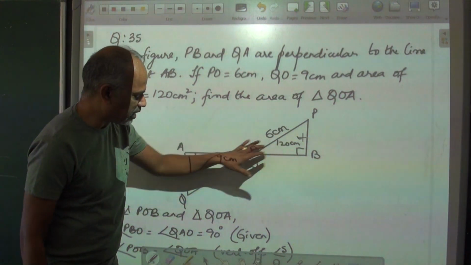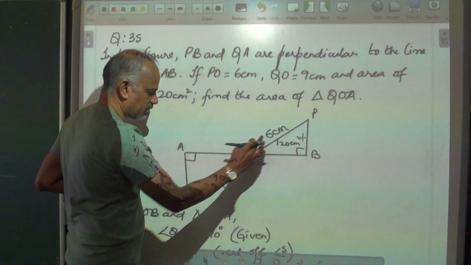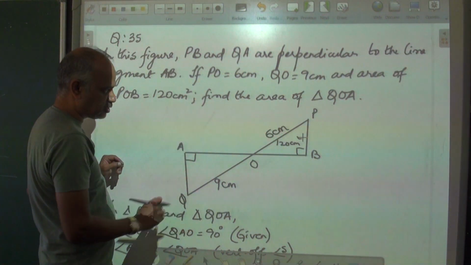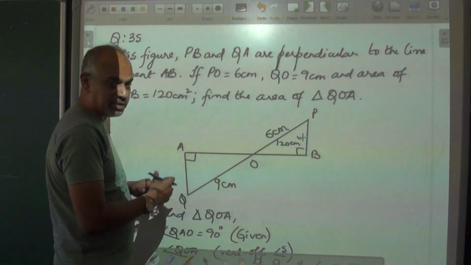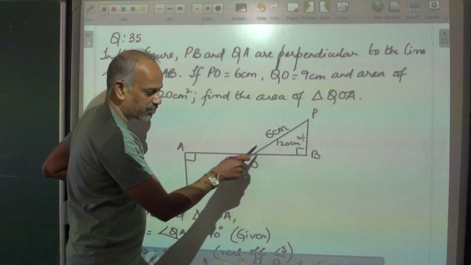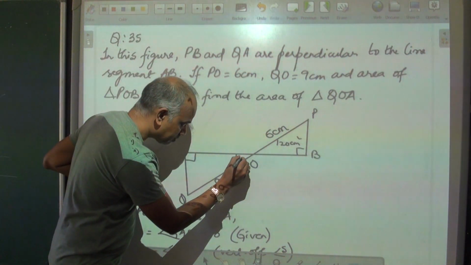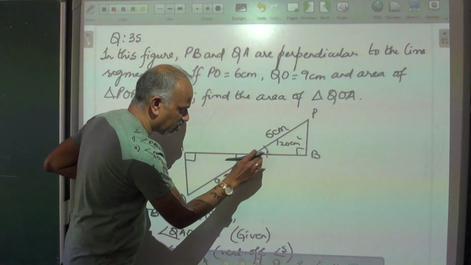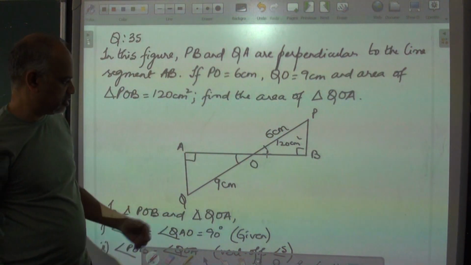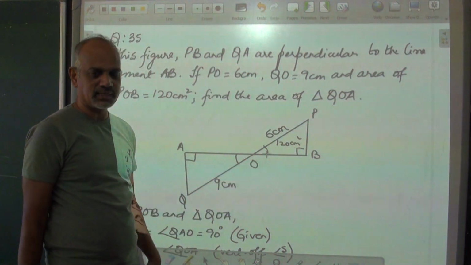First thing is you have to prove that these two triangles are similar. There are two triangles. One is here, one is here. You have to prove that these two triangles are similar. Check and see whether any angles are already the same. Both of them have 90 degrees in them. The second angle which will be the same are these. These are called vertically opposite angles. So first angle is the same, second angle is the same, therefore the two triangles are similar.